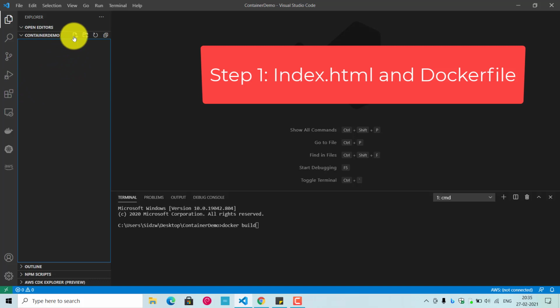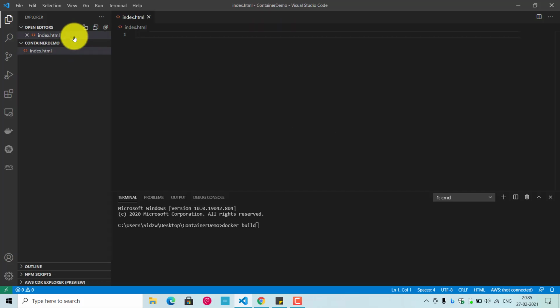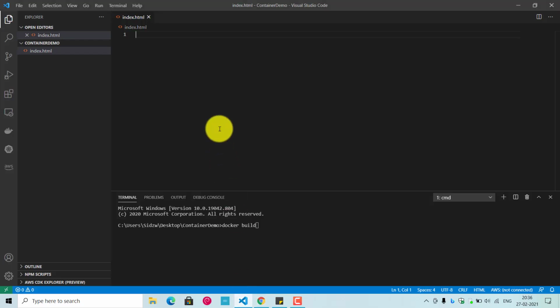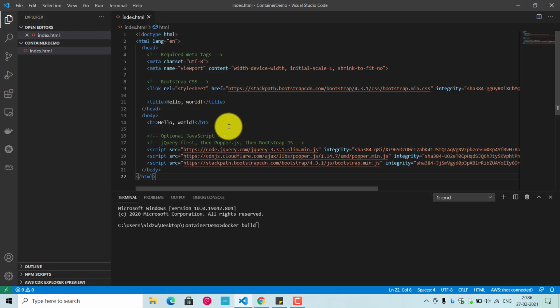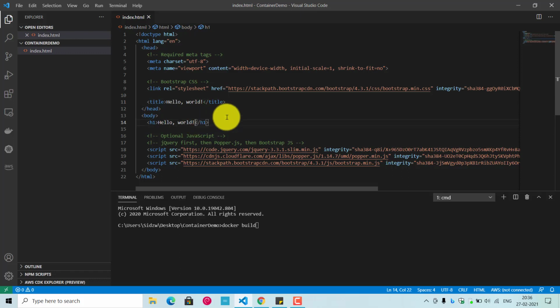So the first file we need to create is the index.html file. Just click on this icon, and name it index.html. Okay, so now we have to paste some code here. Either we can write some code or I would like to just grab some sample code from the internet. I have selected this Get Bootstrap template. I find this is quite good. So I'm just going to copy this and paste that in this index.html file. I'm just going to modify the title. Let's keep the hello world, hello world in a Docker container. Something like that we can give here.